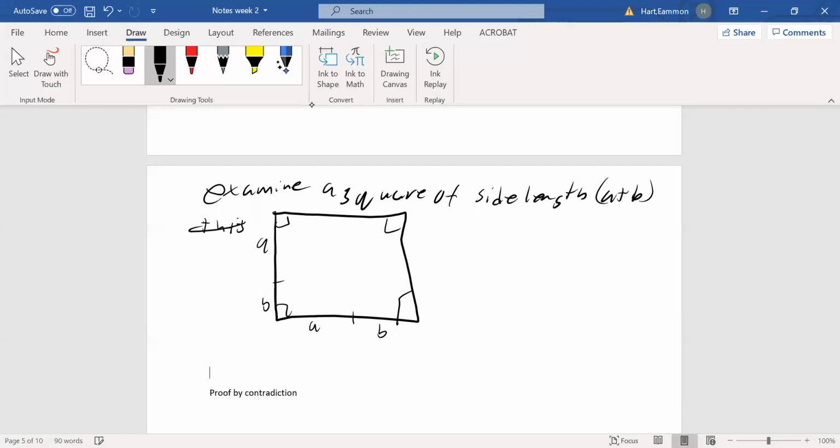Just to give you guys a visual aid. Cool. This square can be